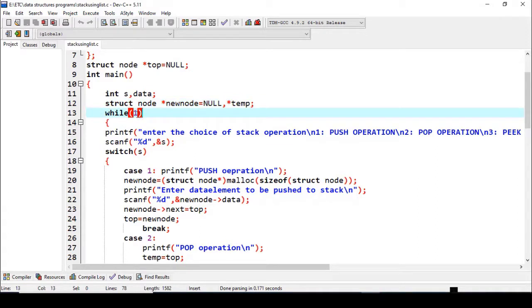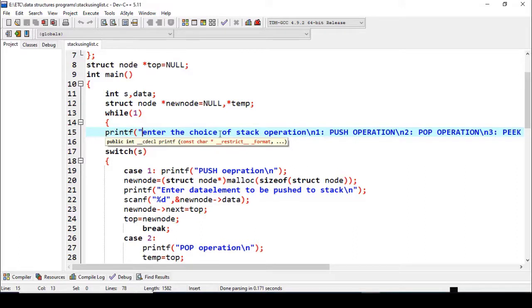Then I am using while one. This is an unconditional loop statement, so it will be continuously in running mode. Then initially we will start with a choice of operation. All the operations of the stack are considered here.